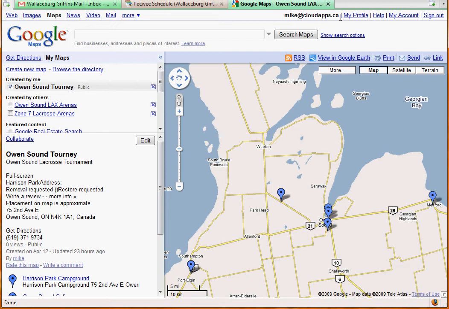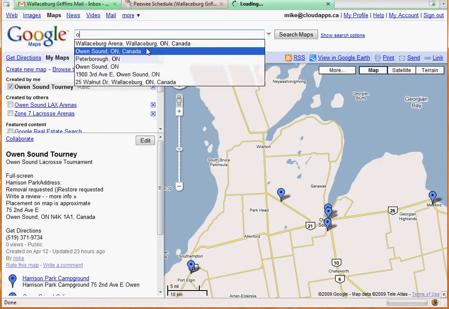It's already active if you have a Google account or a Gmail account already. So you can create new maps, and then you simply start building points of interest like this here, and you can just simply search if you wanted to search for